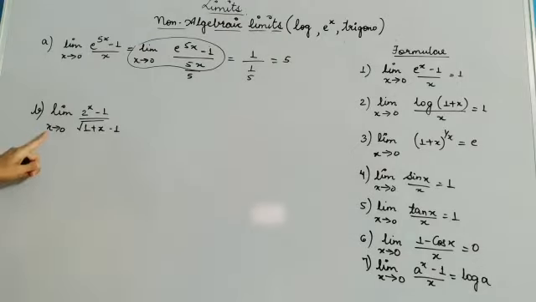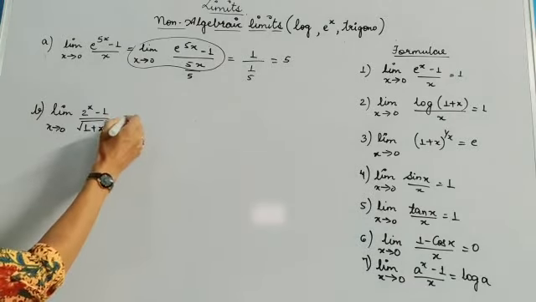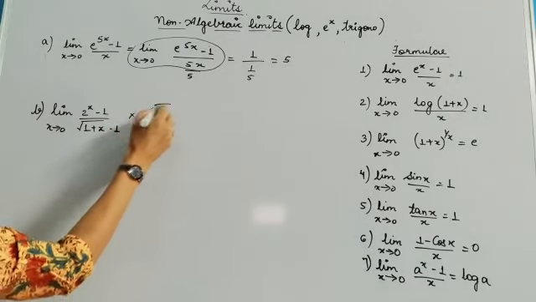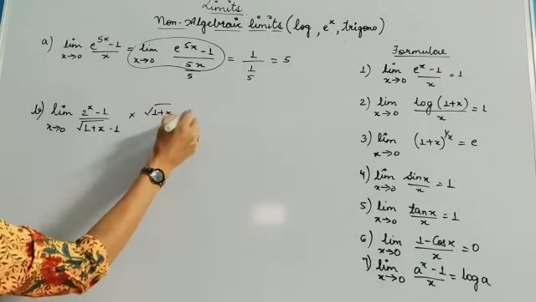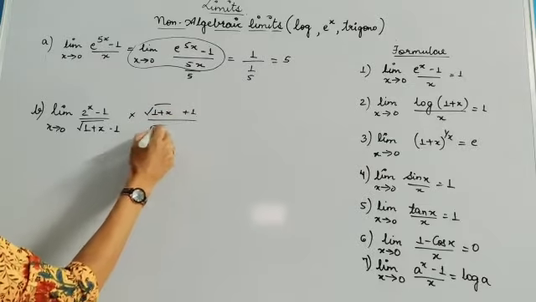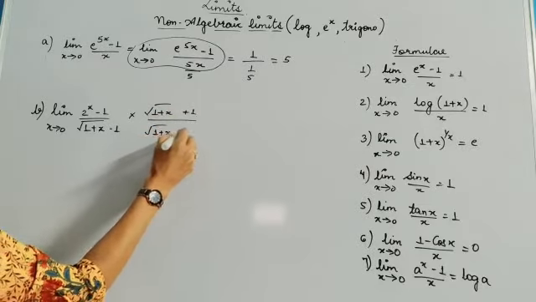Here it is given x tends to 0. Let's apply the direct substitution method. That means put x equal to 0. Then I will be getting my denominator as 0, which is indeterminate form. So here I can see now this is in root value. So I will be rationalizing it. So let's rationalize it. I will be multiplying it with under root 1 plus x plus 1 whole upon under root 1 plus x plus 1.